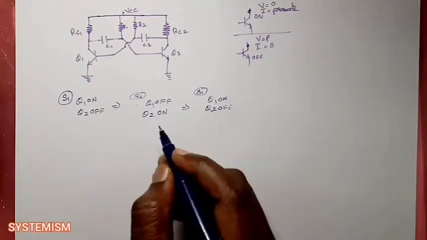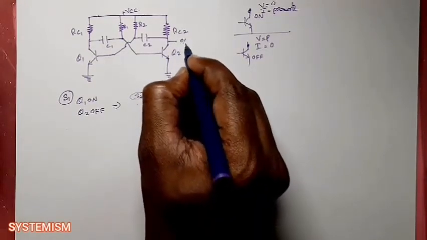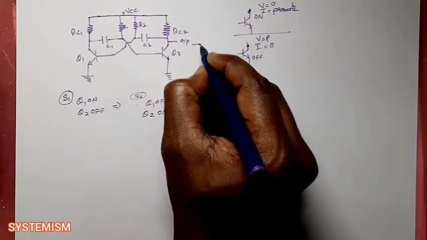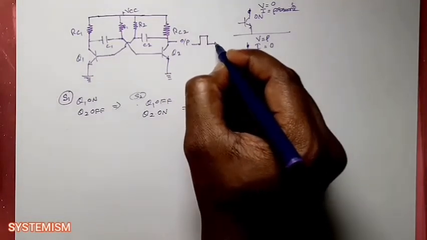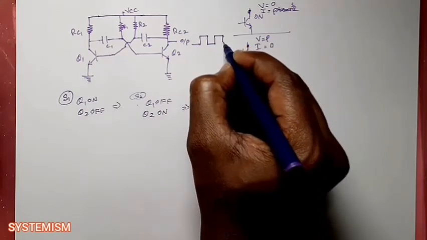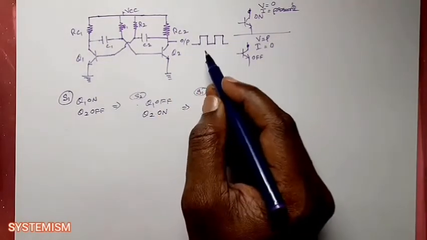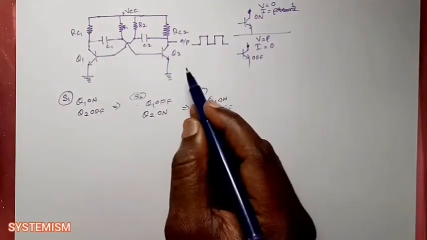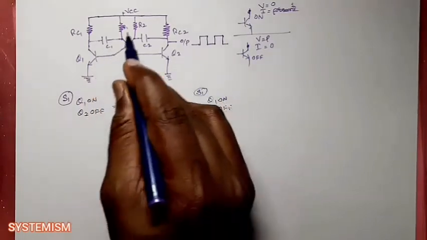Okay, so now if you take the output from this area, how do you get the waveform? First the transistor is off. Then after that the transistor will become on for some time. Then again after some time it will become off, it will be off for some time. Then it will become on, and be on for some time. Okay, so it will go on producing the same type of signal, so you can create a perfect square wave. An astable multivibrator is also called a free running oscillator. So this is the working of an astable multivibrator.